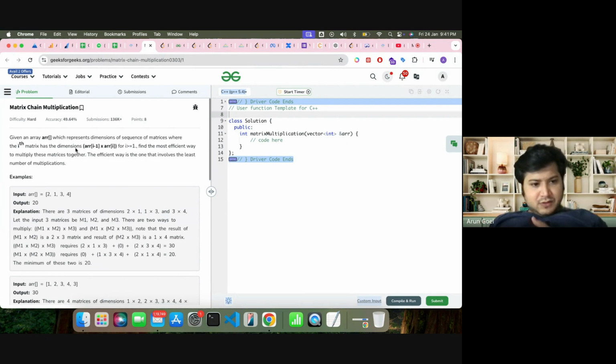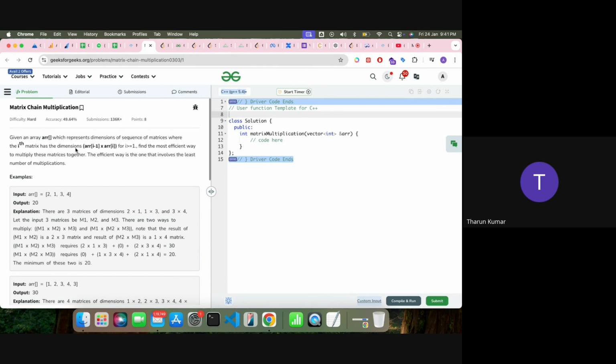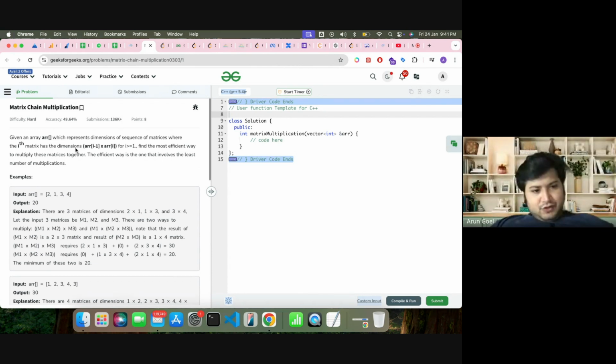Guys, do you remember if we used to multiply 3 cross 4 and 4 cross 5, then the final matrix size was 3 cross 5? Do you remember that? Yes. Right. So if we are doing 3 cross 4 and 4 cross 5,